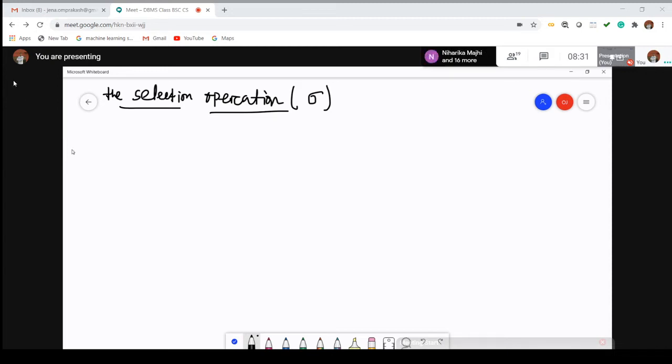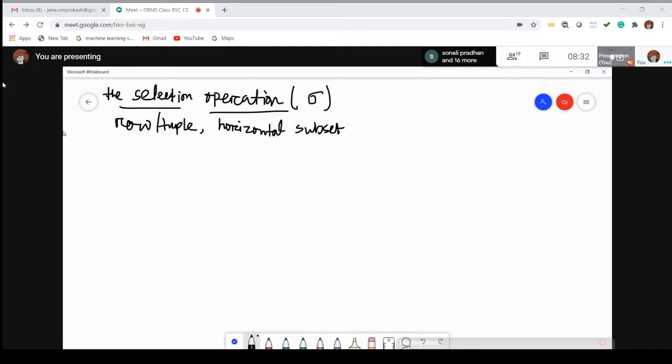Okay, so what is it used for? It retrieves the rows, or the tuples. If you want to retrieve the tuples or rows, then the selection operation is used. The meaning of tuple is nothing but a horizontal subset of a relation. There are two types of subsets of any relation, either horizontal or vertical. If it is vertical, then it is an attribute. If it is horizontal, it is nothing but tuples. So the selection operation is used to find the horizontal subset of a relation, or to find a row or tuple of a relation.